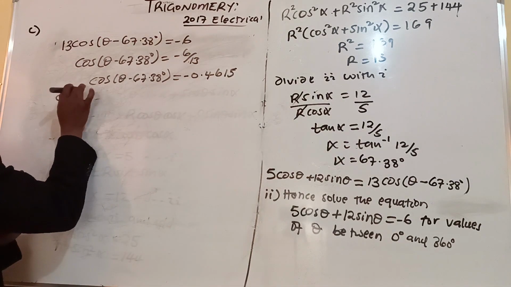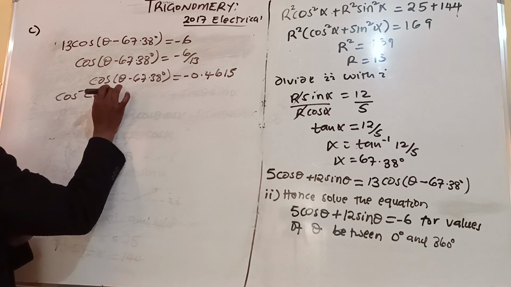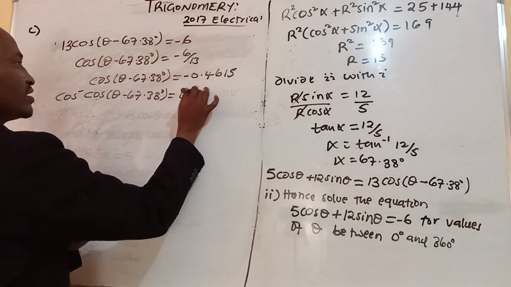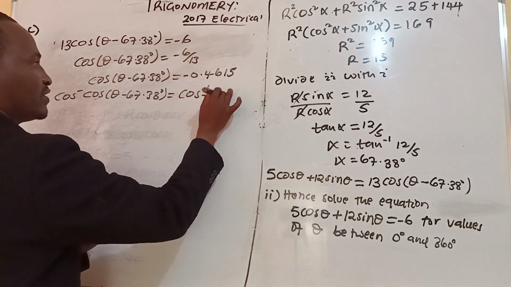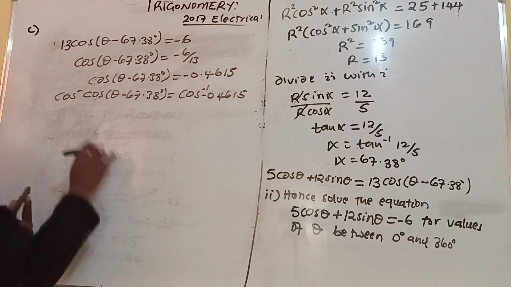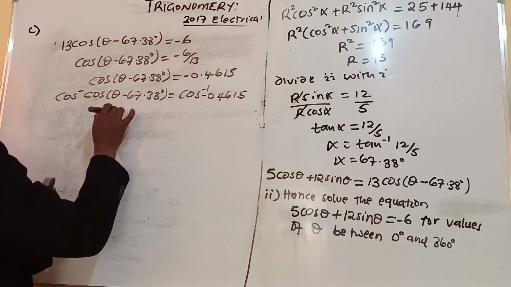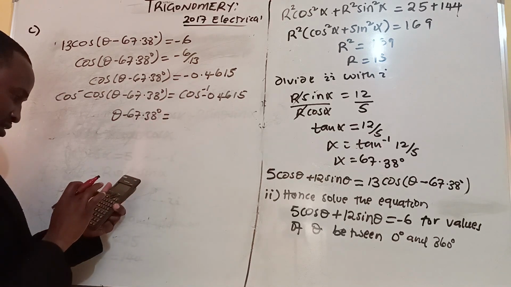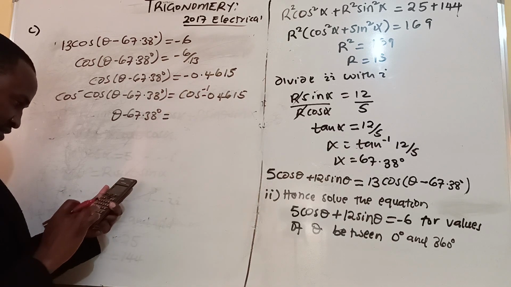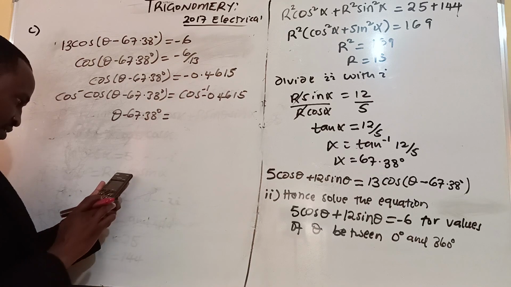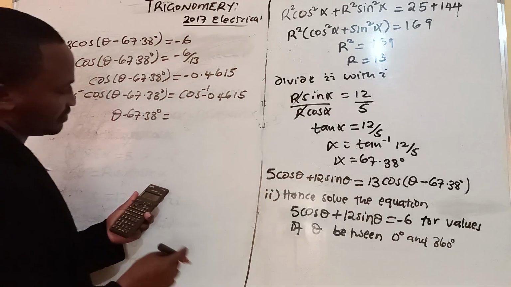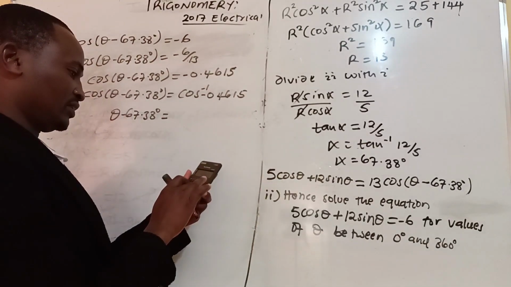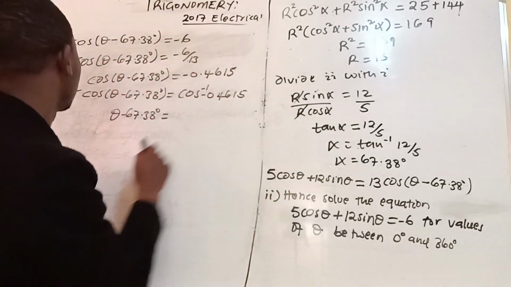Now let us apply the cancellation equation on both sides. We apply cos inverse of cosine of theta minus 67.38 degrees. We also apply cos inverse of negative 0.4615. Simply cos inverse cosine will cancel out, so that you get theta minus 67.38 degrees is equal to cos inverse of the answer. So that it doesn't confuse you, I don't want us to work here with the negative. The negative tells us that